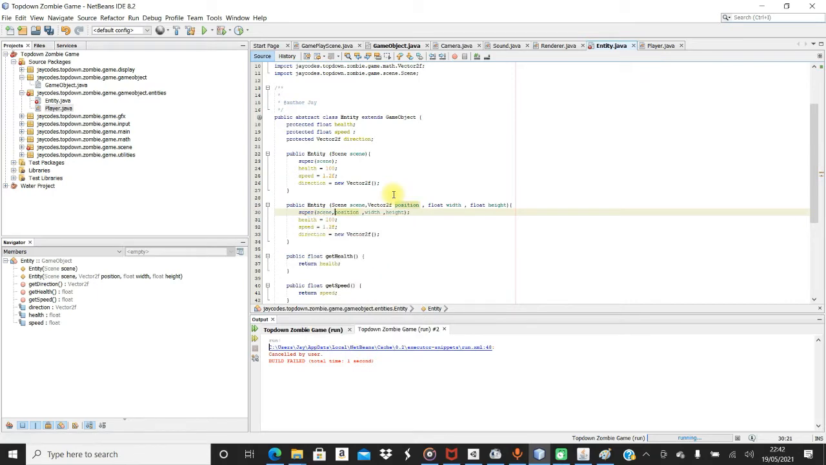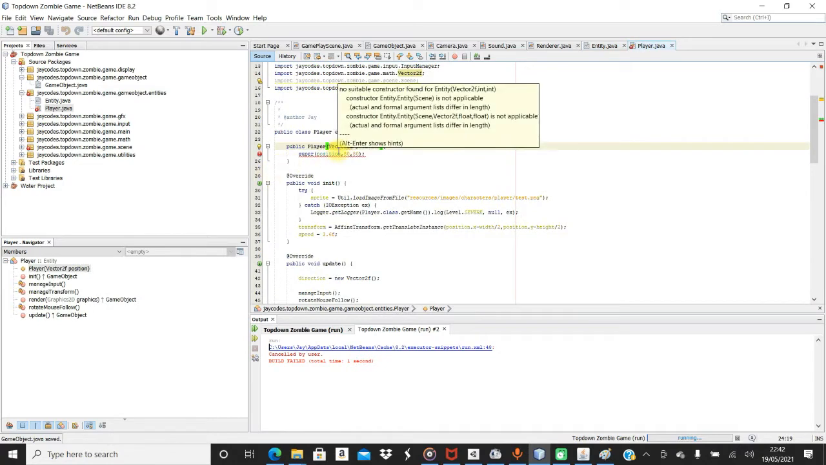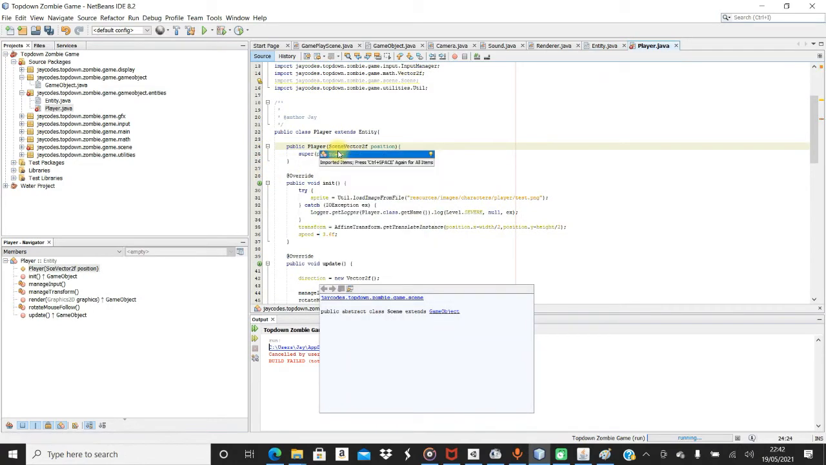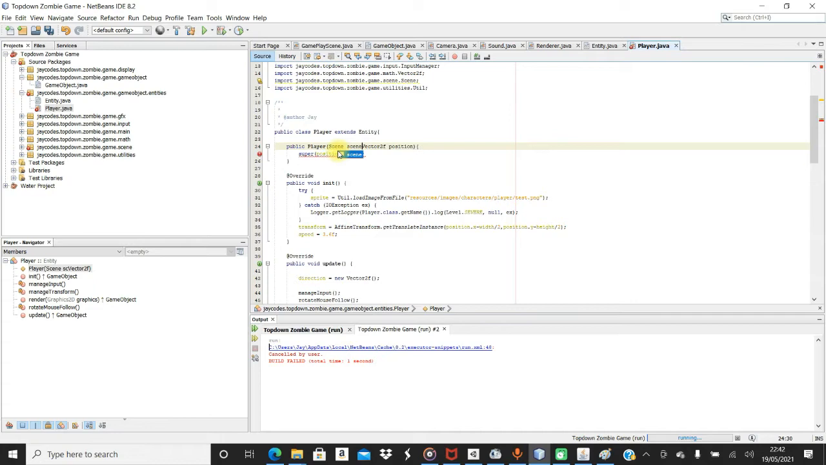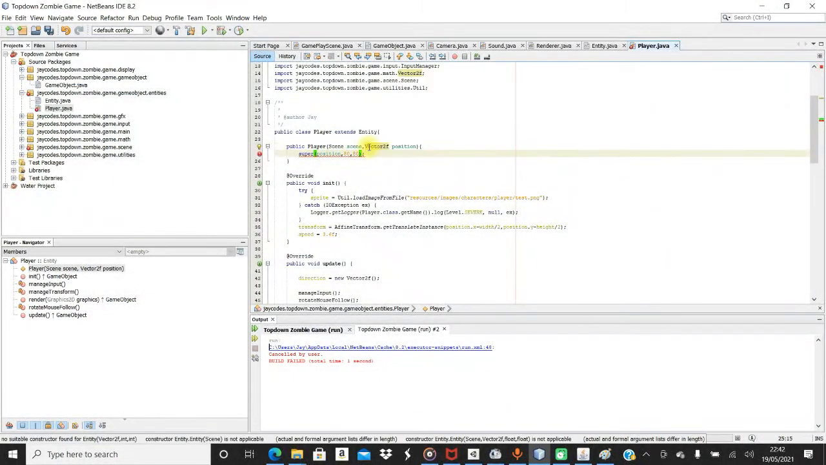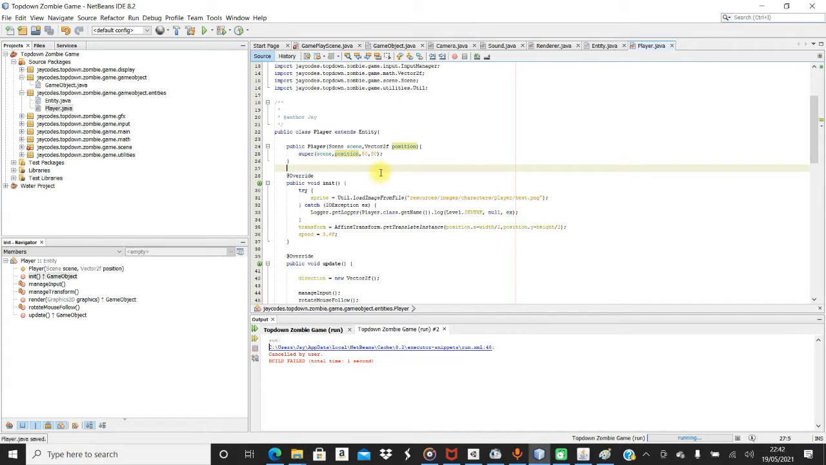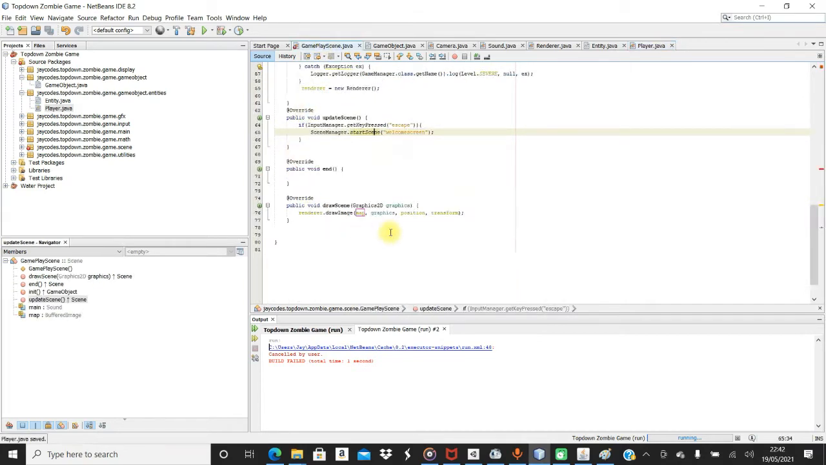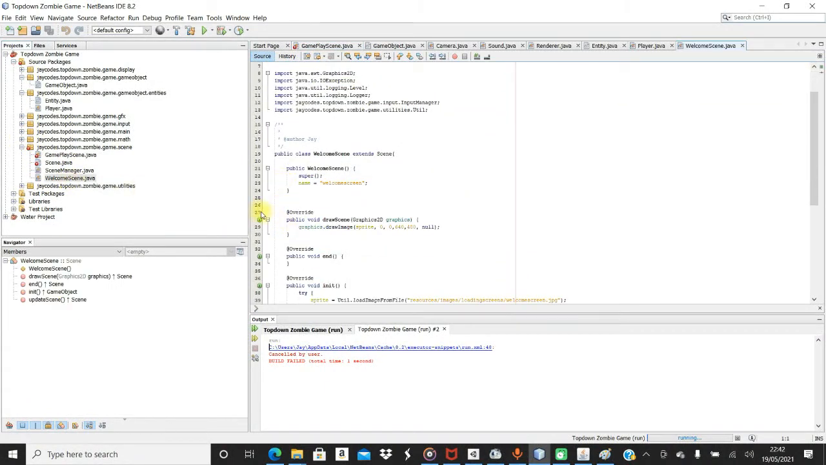There we go. Shift Control S, we save all, and now we have a problem with the player class, as I was expecting. Now we're going to pass in a scene, and we will also be passing down a scene. There we go. Now the other problem we're going to have is in the gameplay scene and the two scenes, the welcome scene and the gameplay scene,